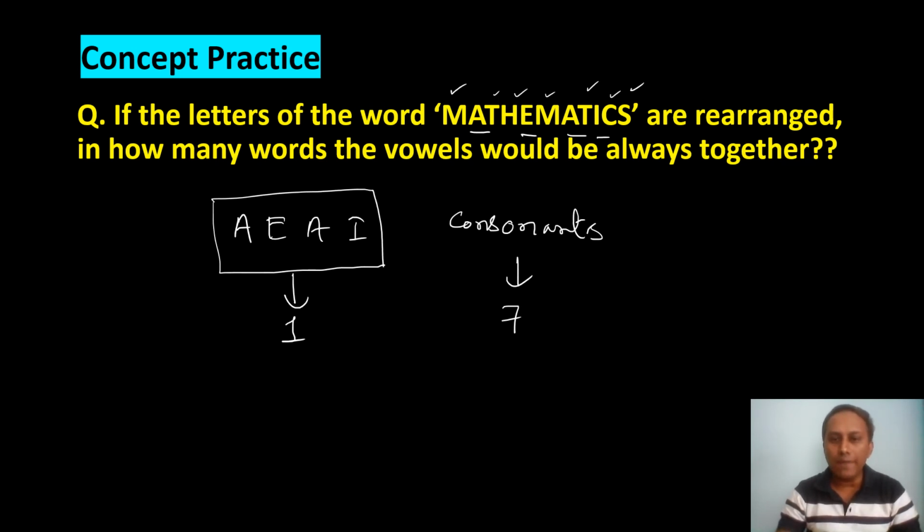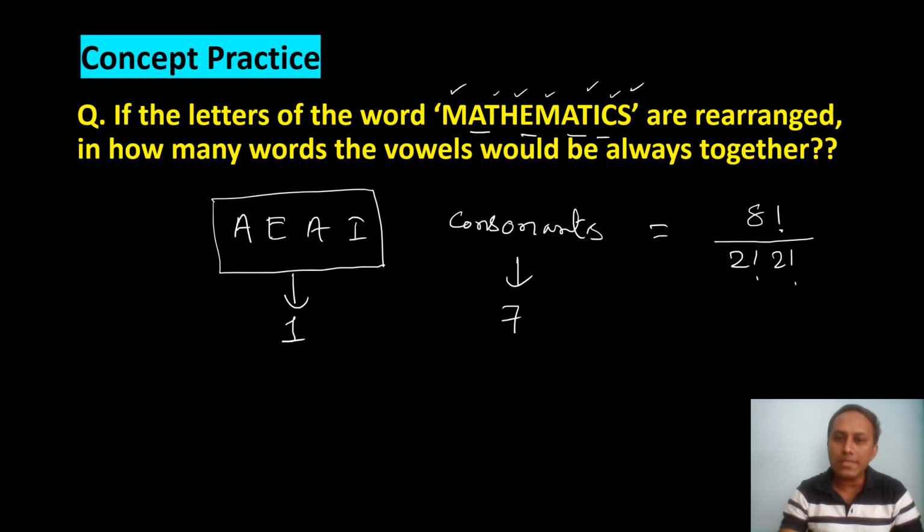If all were different, the arrangement would have been for 8 objects, so 8 factorial: 1 vowel group and 7 consonants. But over here, look at the consonant group. Divided by, now how many M do we have? 2 M, so therefore 2 factorial. How many T do we have? We have 2 T, so 2 factorial. Any other alike? Then we have 1 H, 1 C, 1 S. Okay, so this is the arrangement taking the vowel group as one single unit.